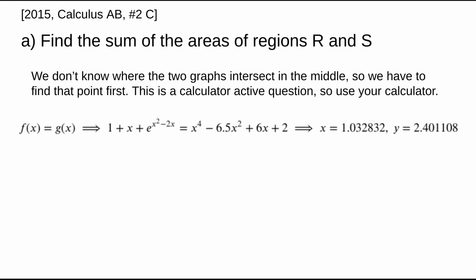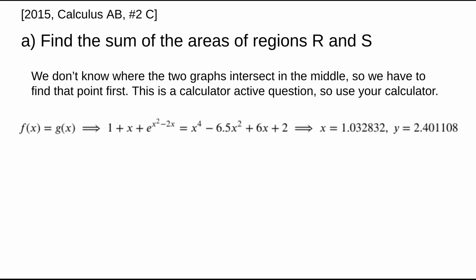So we use our calculators and we want to figure out when f of x is equal to g of x. F of x is the function 1 plus x plus e to the x squared minus 2x. G of x is x to the fourth minus 6.5 x squared plus 6x plus 2. You can see why this is calculator active. It's not going to be very fun to do without one. And using the calculator, we find that the point of intersection there is x equals